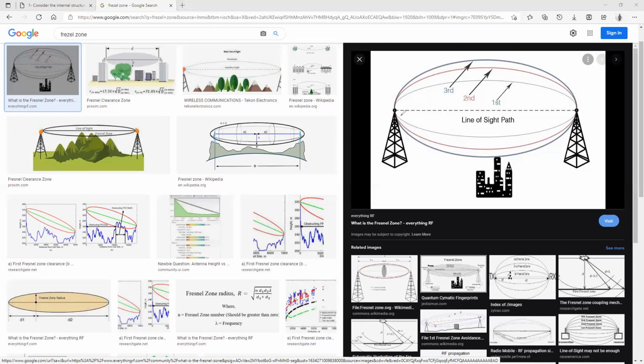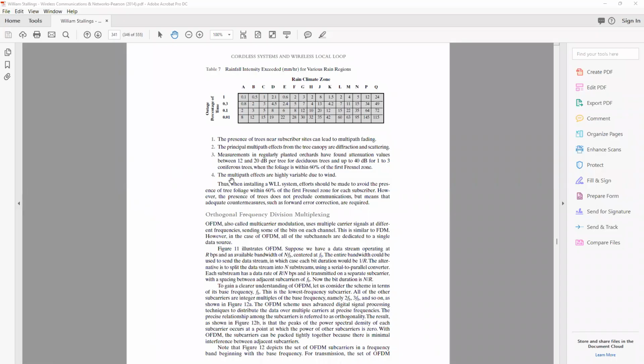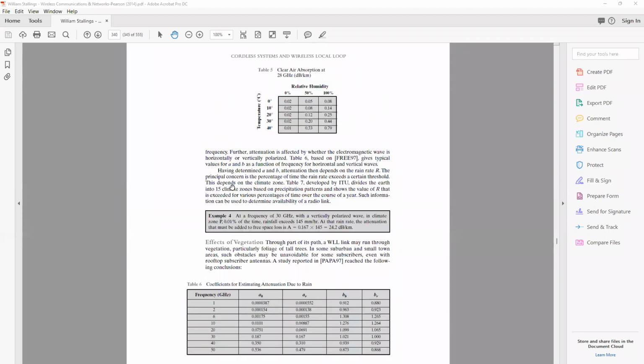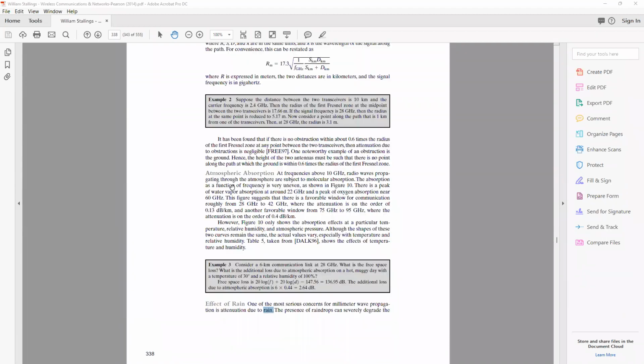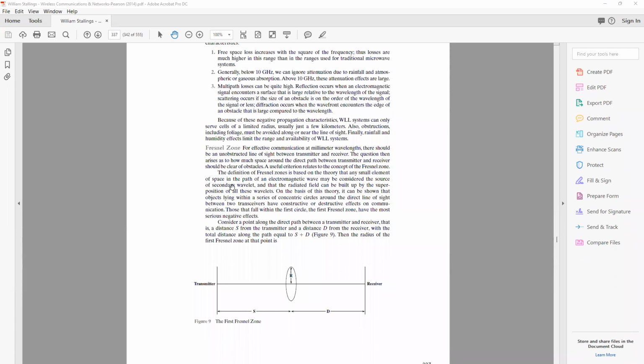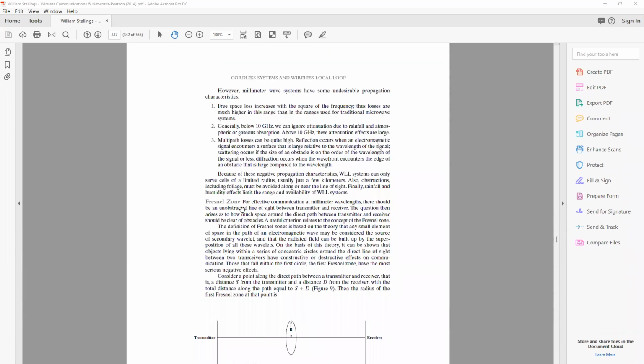That is just a simple way of explaining it. The actual definition of Fresnel zone is over here. I'll show it in your textbook. If you go back to your textbook, that was just for your visualization. I was first trying to give you a fair idea to understand what the Fresnel zone is. The actual definition is: for effective communication at millimeter wavelength,